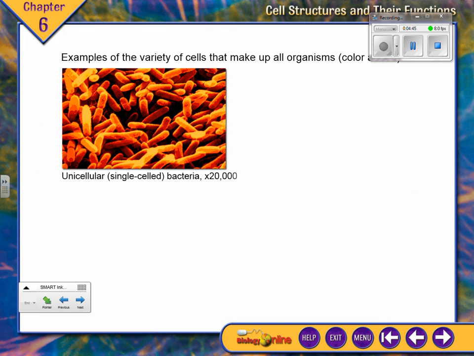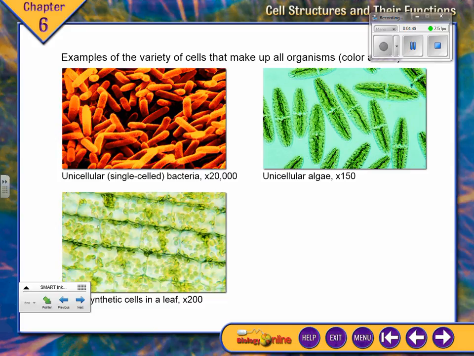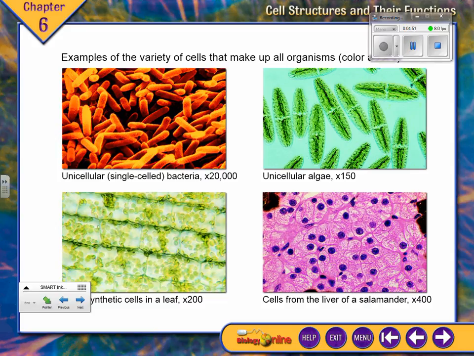Okay, so then the other main important point, so I'd write this down, is you need to realize that there's a huge variety of cells. We've already talked about that today with the different types. Up here, the gold rods, these are bacteria, extremely small, right? Are they prokaryotes or eukaryotes? Prokaryotes. These other three, unicellular algae, cells from a liver, plant cells, prokaryotes or eukaryotes? Eukaryotes. Plants, animals, and you would consider the unicellular algae Protista kingdom.